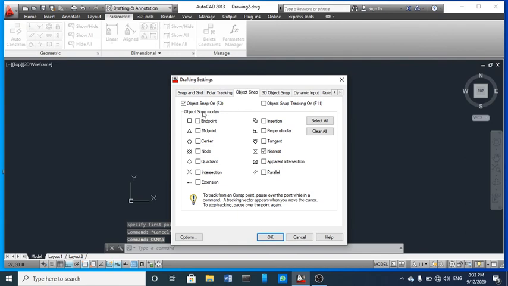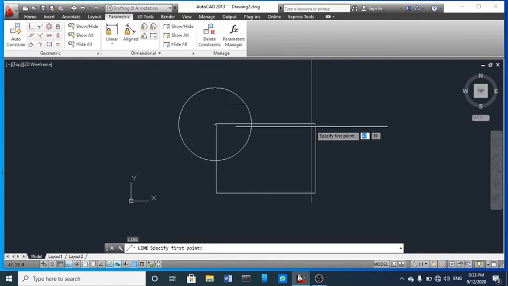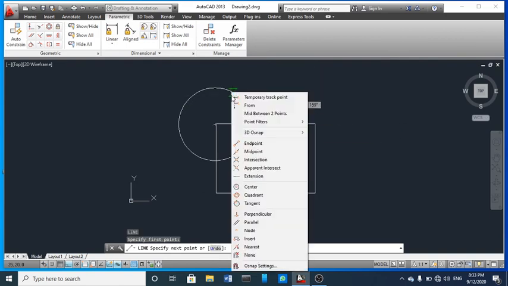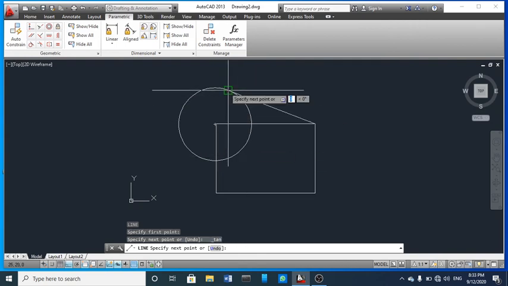Before that I am going to select all, so you can see each point easily. So now I am going to draw a tangent. For the tangent I am going to choose this line, then shift and right click and choose tangent. So you can see here this is tangent.